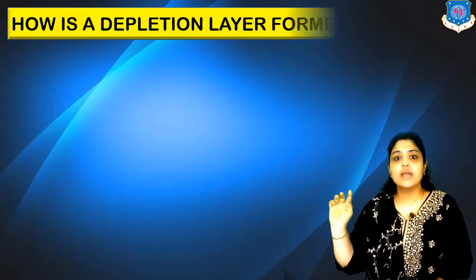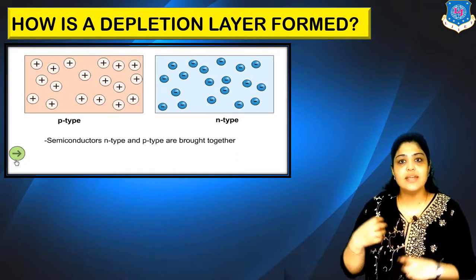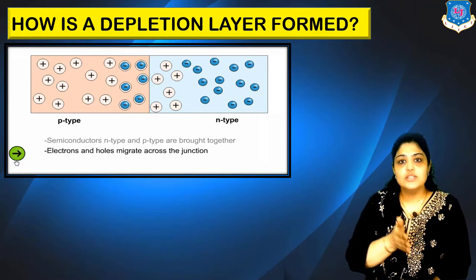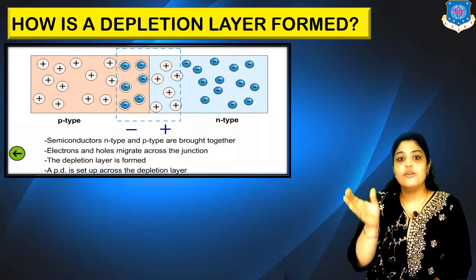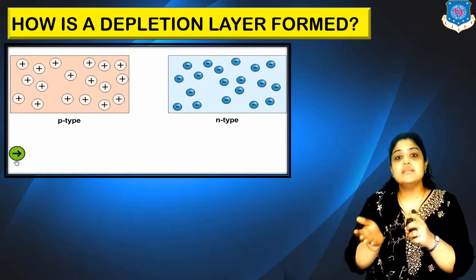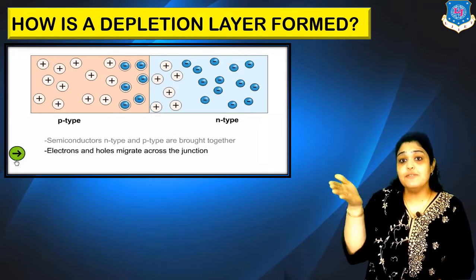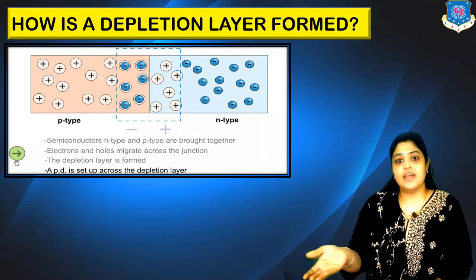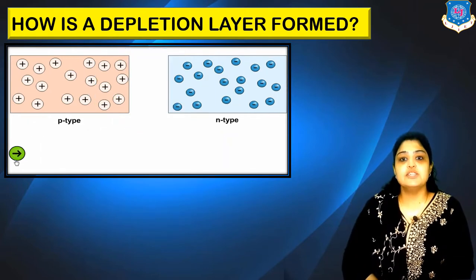So just have a look at this animation. You can see that two semiconductors are brought together, they are fused together. You can see that some electrons have diffused to p-type, so holes are created in n-type. This region where you have no charge carriers present because the electrons and holes nullify each other, this is what is known as the depletion layer. See, electrons are diffusing from n-type to p-type. So suppose I say 5 electrons have moved, so 5 holes are created in the n region, and this layer is represented by the depletion layer.